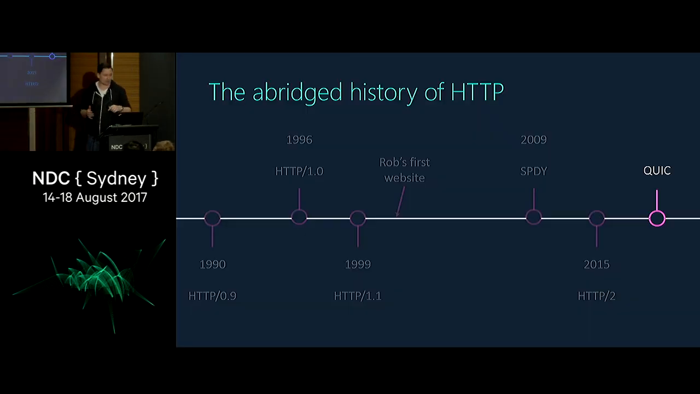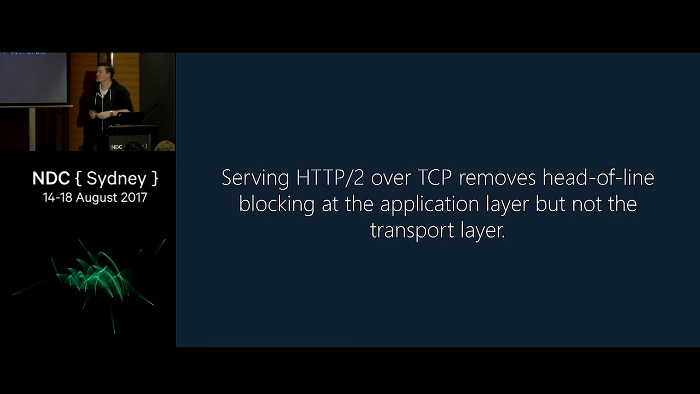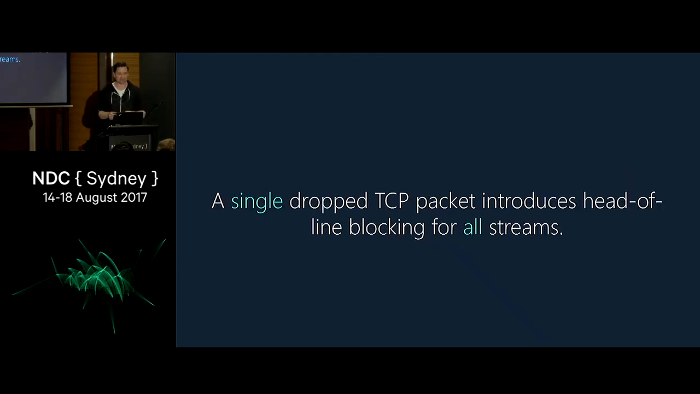So far we've been talking about HTTP2 quite a bit. So what's going to be coming next from a protocol perspective? Serving HTTP2 over TCP, we've solved head-of-line blocking at the application level. That's absolutely fantastic. But we still have head-of-line blocking at the TCP connection level. A single dropped TCP packet can introduce head-of-line blocking for every single stream. That's obviously not so